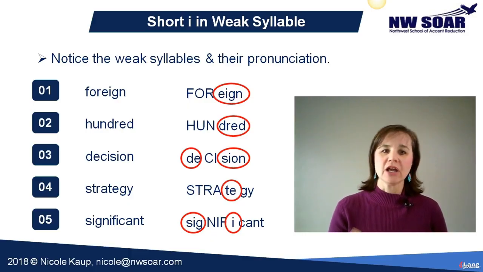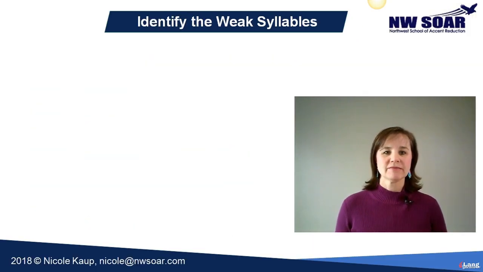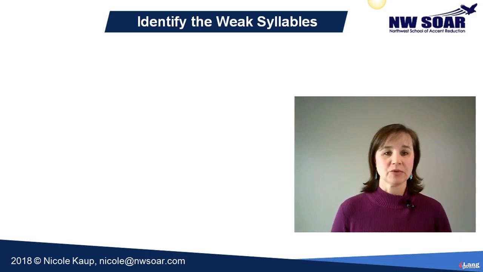So for each of those words, they all have a short I sound or the schwa, since they're written with either an I or an E in those weak syllables. But it's really not important. You could use a schwa sound as well. You could use an uh or an I, since those sounds are very close together. They're weak and they're quiet. That's what's important.